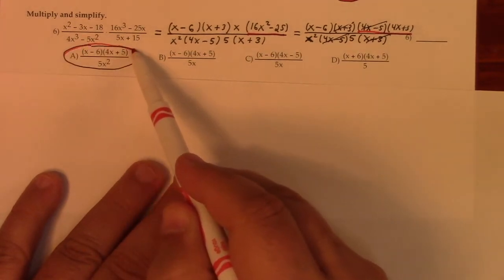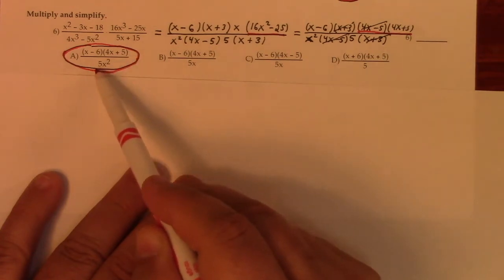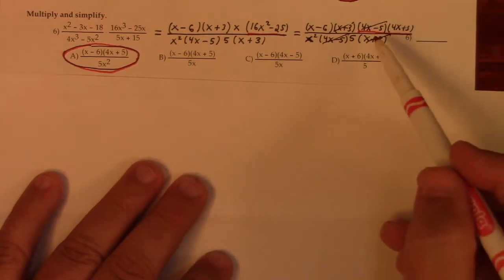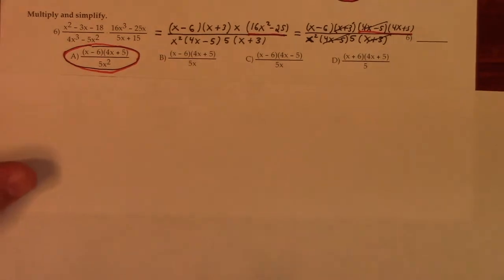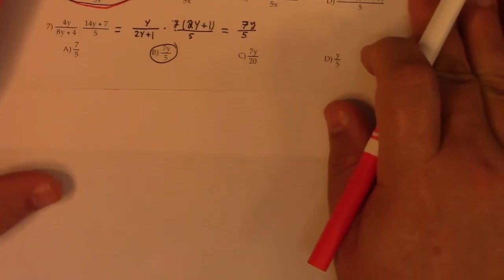A as my answer, because I've got an x minus 6 and a 4x plus 5 upstairs, and that leftover 5 and x squared downstairs. Number 7. Number 7,